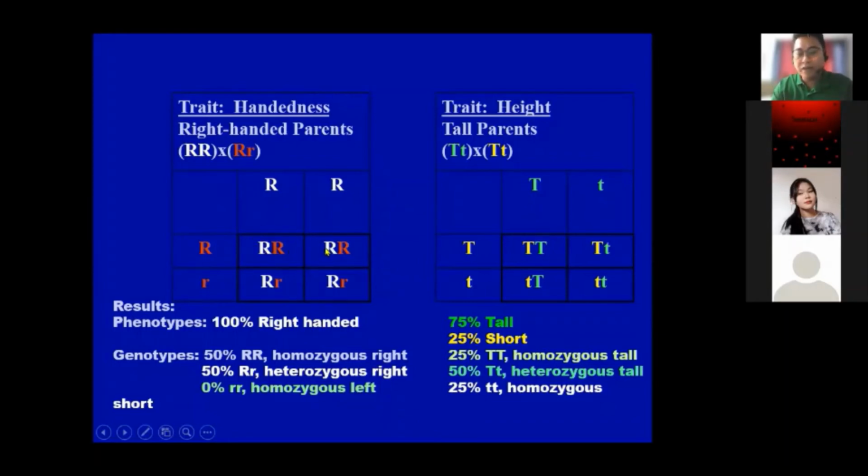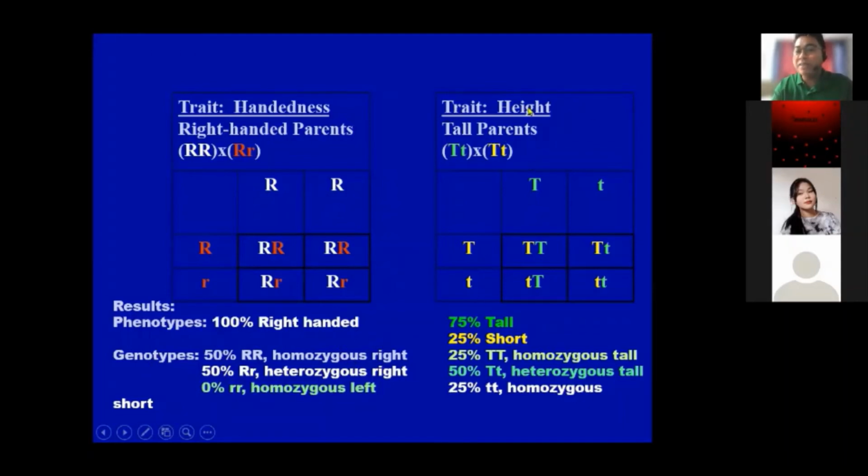Kasi nga parehong it contains the recessive, the dominant genes. So genotype natin is 50% RR or homozygous right, 50% Rr, which is heterozygous right, and then 0% recessive, homozygous left. So walang recessive na magiging anak. Walang magiging left-handed na anak.